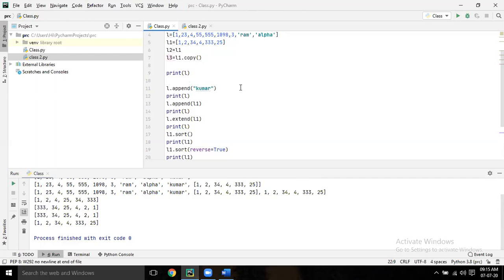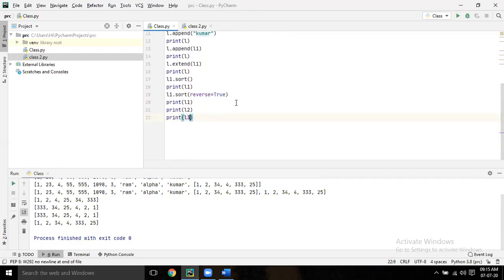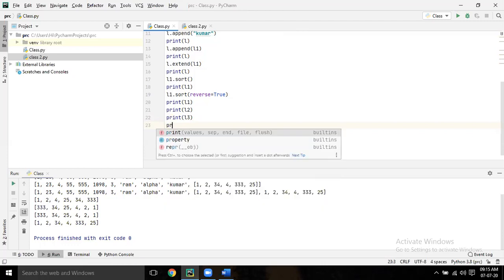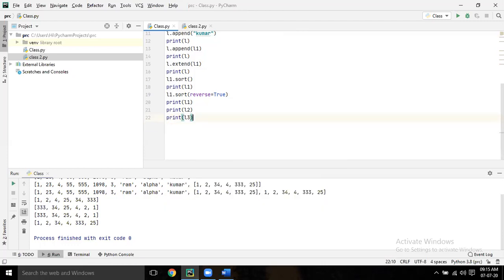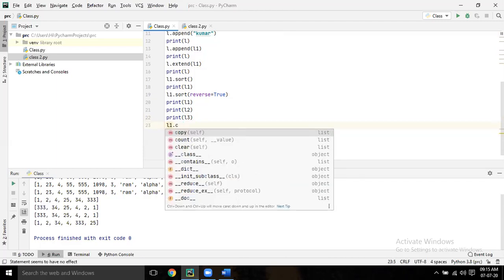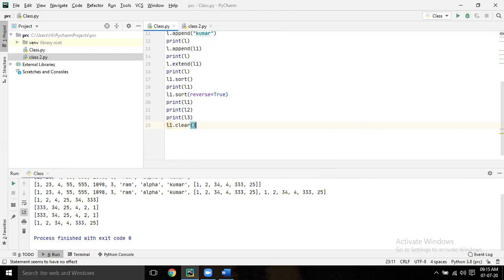Now, just clear L1. L1 dot clear. Don't print. Just write L1 dot clear. Now print all the three you copied: L1, L2, L3.